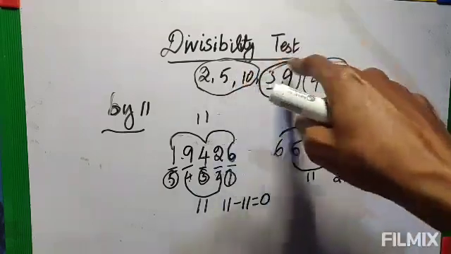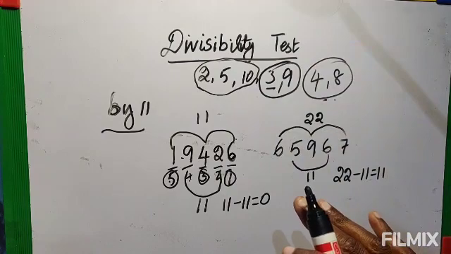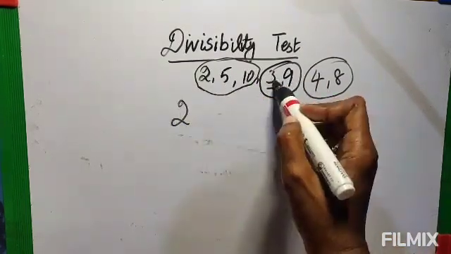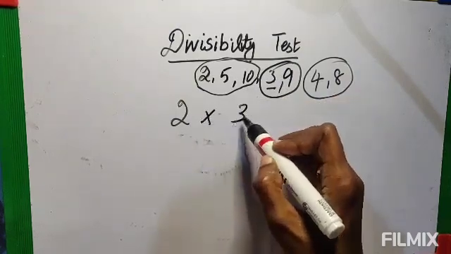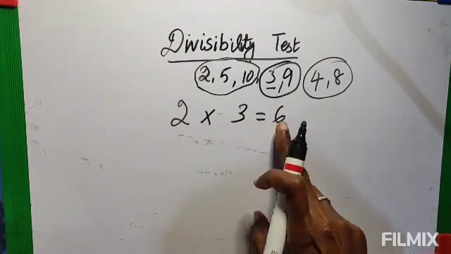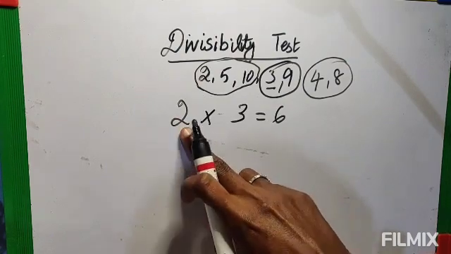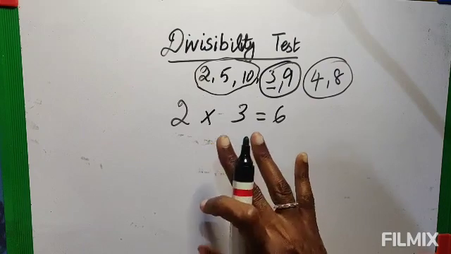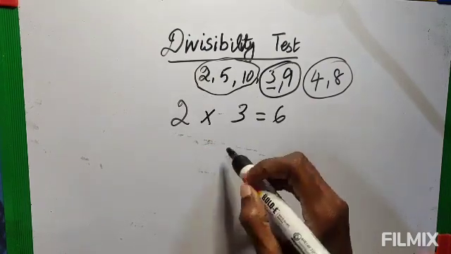Again from here, now I will give you some other divisibility tests also. Now see, here I am taking 2 and here I am taking 3. Now if you multiply, 2 3s are 6. So if the number fulfills the divisibility test of 2 and the divisibility test of 3, both, then it is divisible by 6. Let me give an example.